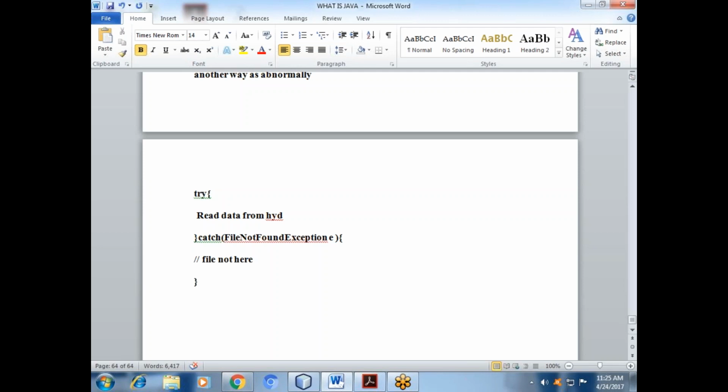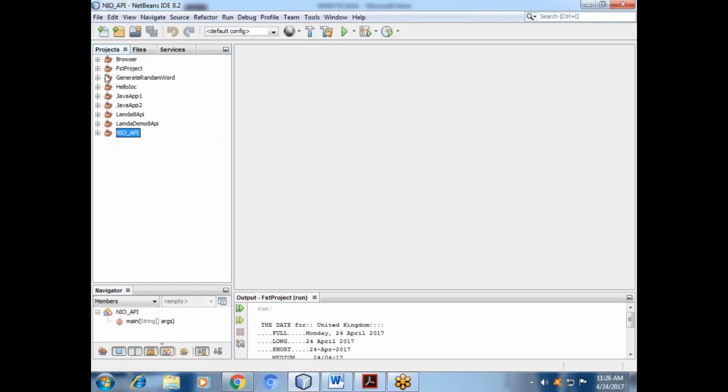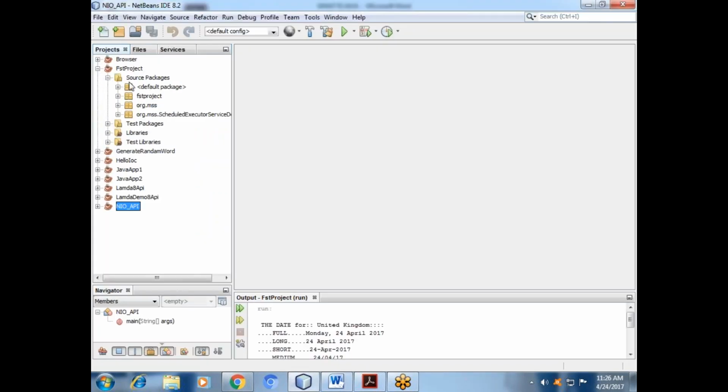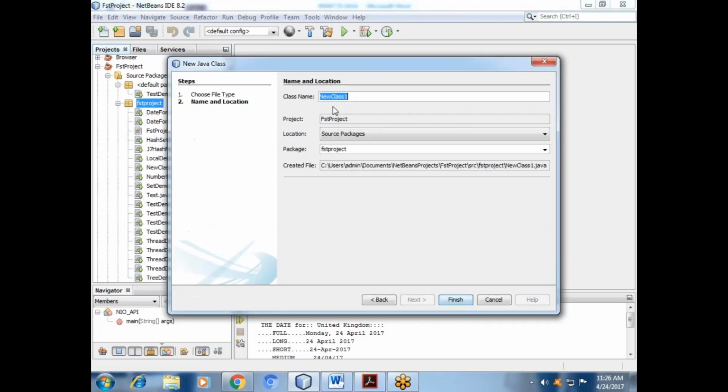How will it work and where will it go? So you can write runtime stack mechanism. Suppose we have, we will create a runtime demo.